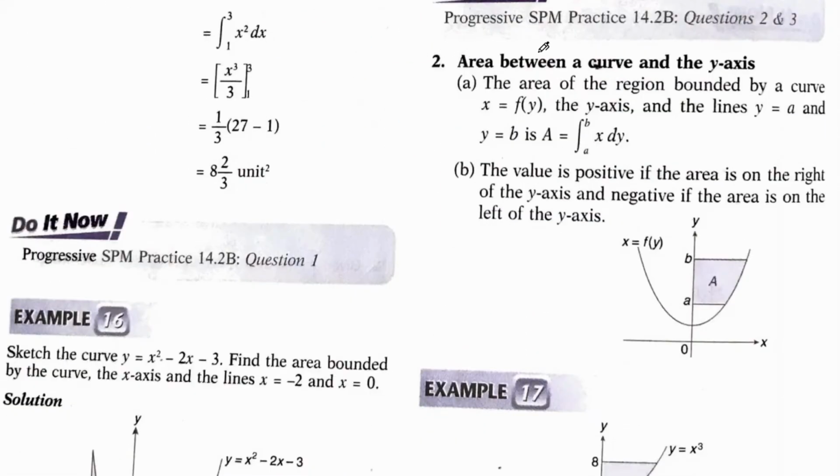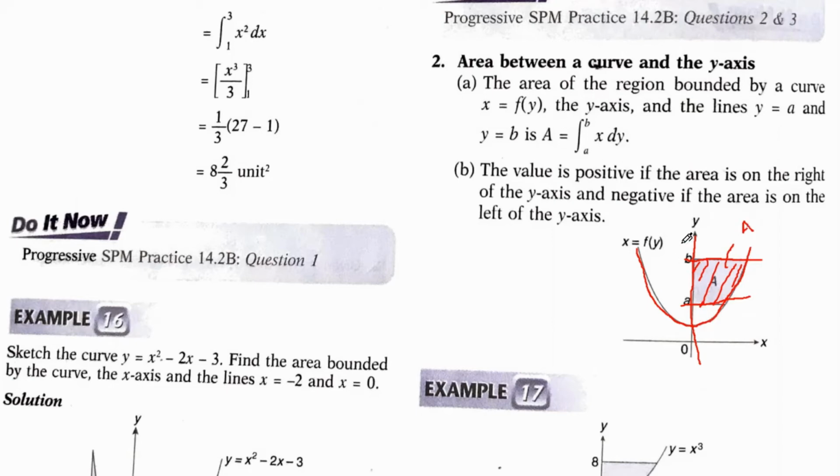Number 2, area between a curve and the y-axis. Okay, so now we are looking at the y-axis here. So the area of the region bounded by a curve. Okay, so let's say this curve is given x equals a function f in terms of y, with the y-axis here. Lines y equals a, so this line, and y equals b. Okay, so the area bounded by these 4 lines, 就是被这4条红色的线包围着的地方，就是哪里？就是这边哦。So this region, the area of this region A will equal